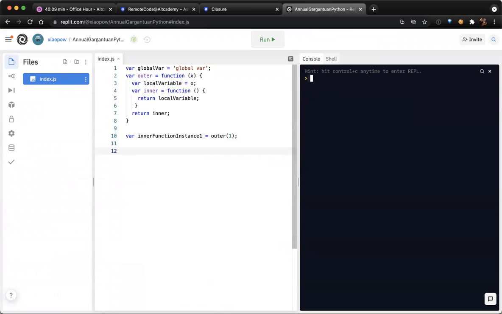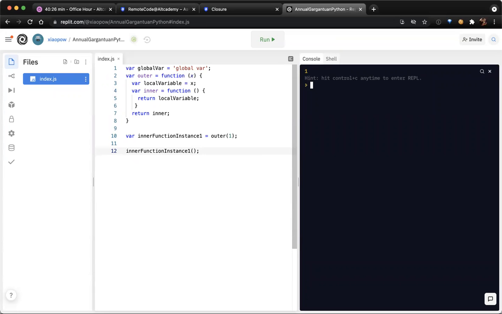So nothing is console logged because right now we are not calling the inner function instance one. But if we did, we'll get the value 1.